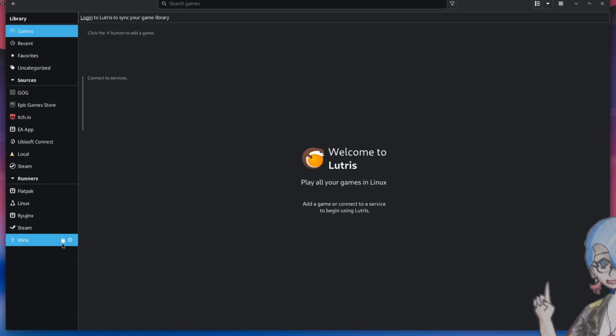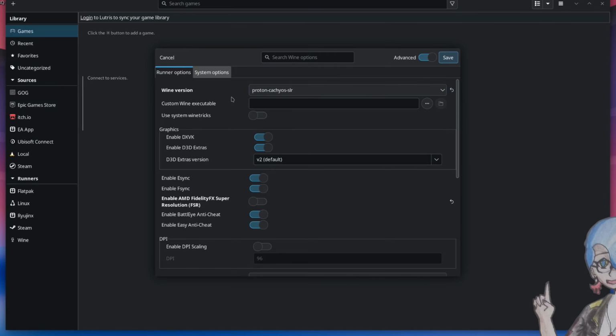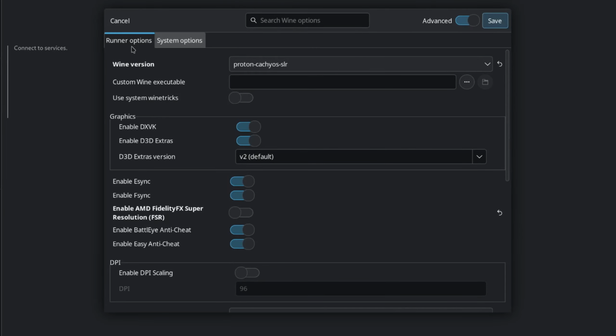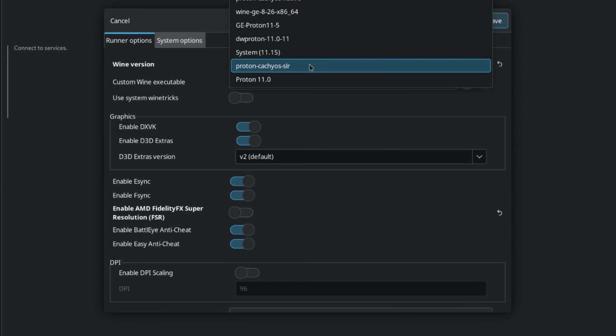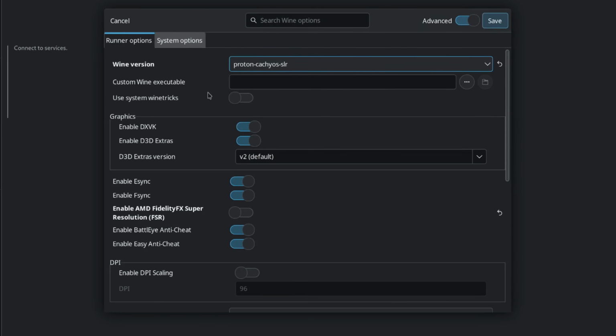Now, what you want to do is, before we do anything, provided, of course, you have done the Proton Plus thing, go into Wine and click this little cog icon that says configuration. You open this up, and inside of the runner options, there should be a Wine version selection dialog box, and you should choose Proton, CachyOS, SLR, or any other Proton version that works. But for this tutorial, as I reiterated multiple times, we are going with CachyOS. You just save it,